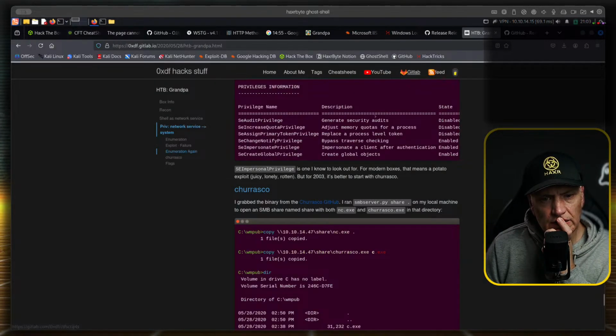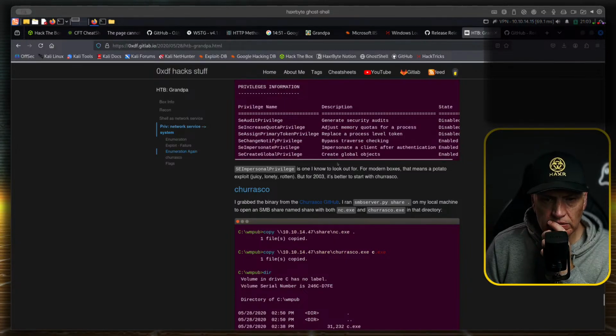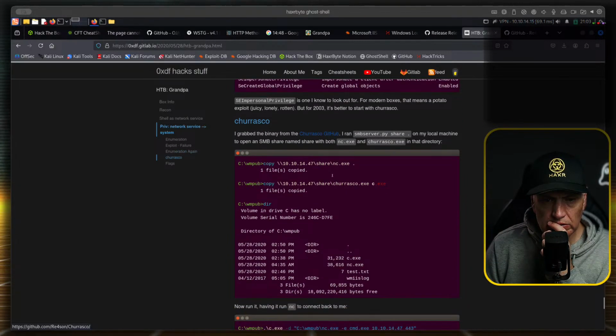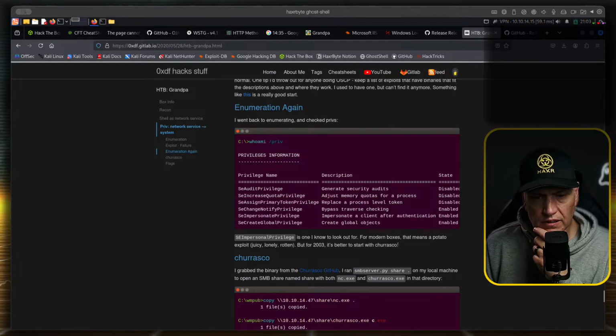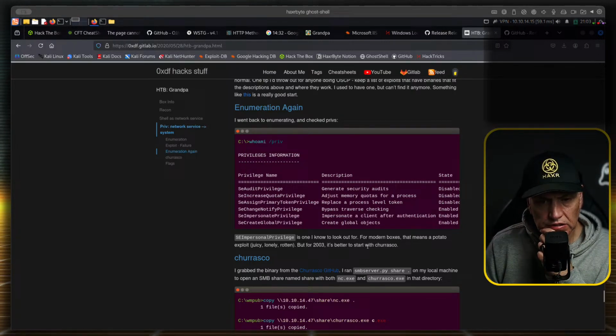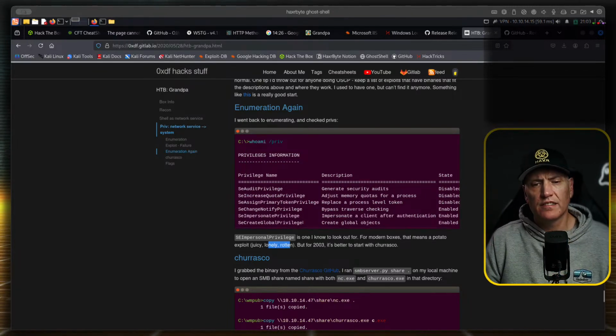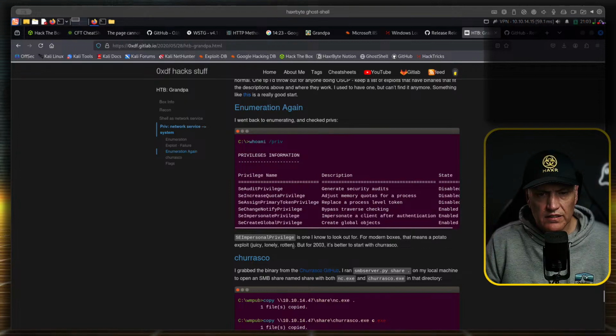What the hell is this? Go to binary. Okay, where did you get this from? So potato is what you use normally, Rotten Potato, Juicy Potato, and those. But for 2003, okay, let's see.